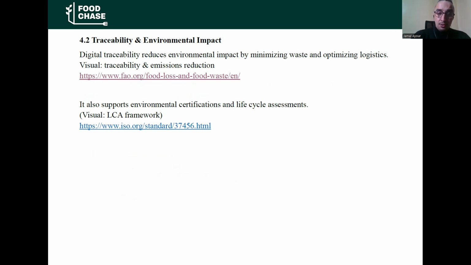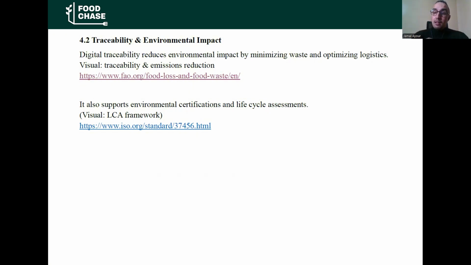And in this link, we have some factors and some examples of this minimization of waste and optimization of logistics using different tools for traceability, for tracking different stages of the supply chain,